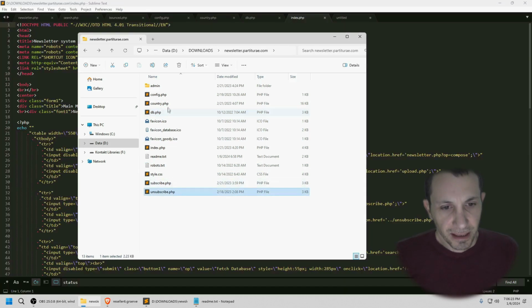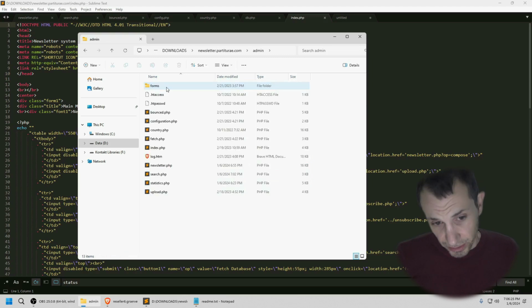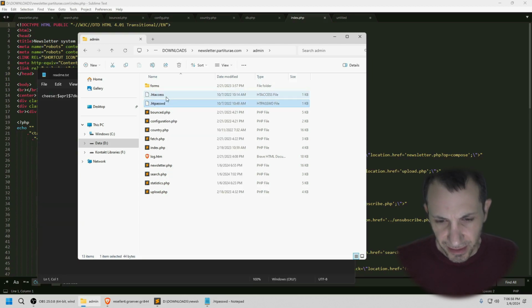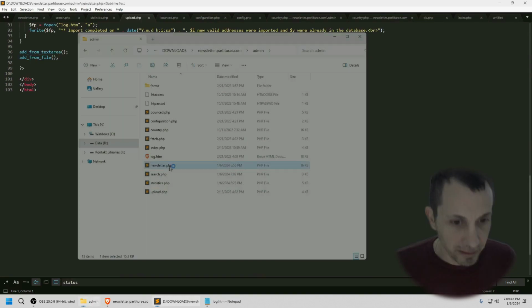And in the admin, I have the admin locked with a password. It's not very secure. I think it can be easily decoded by an experienced hacker, but anyway, that's not the point. The bounced file, which has the errors, and the main file.